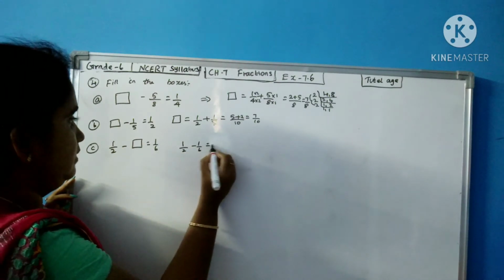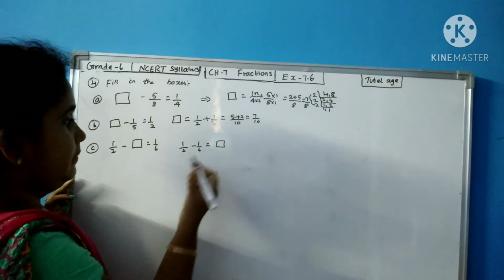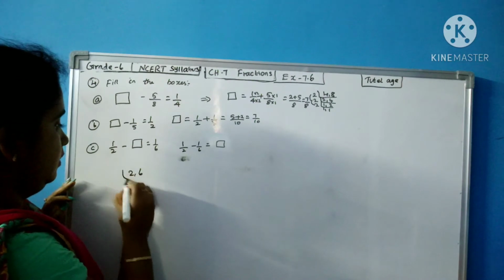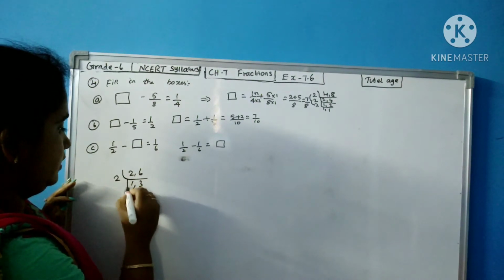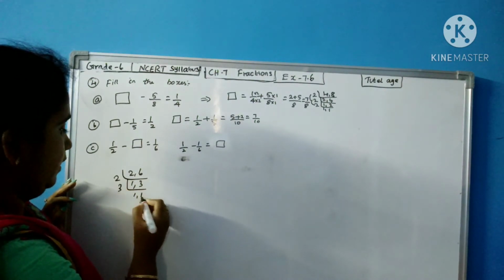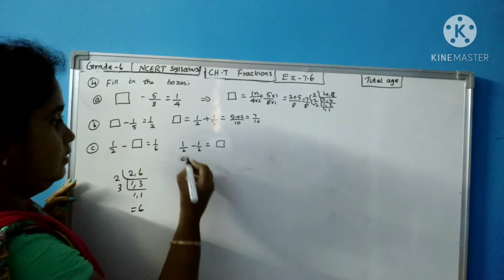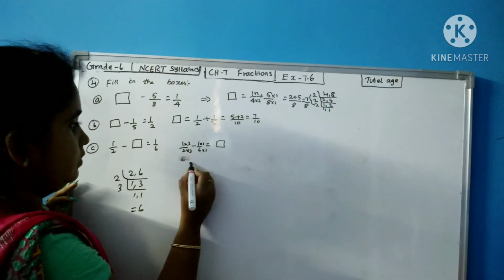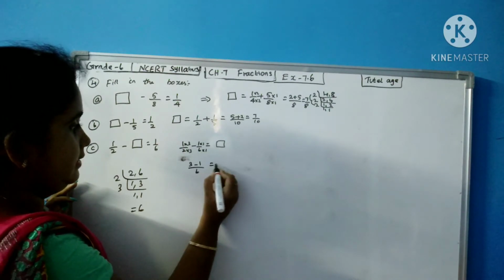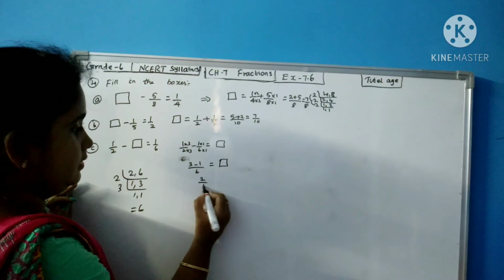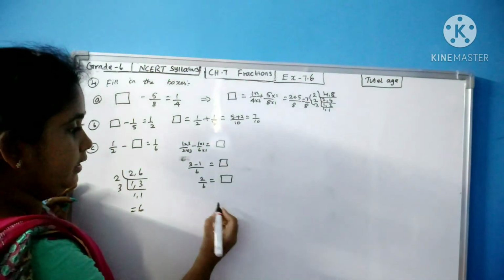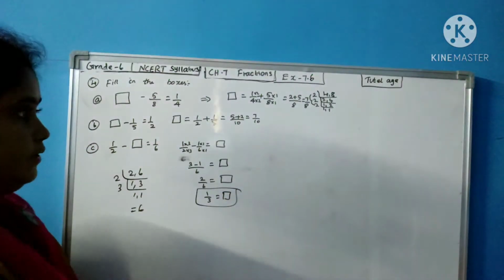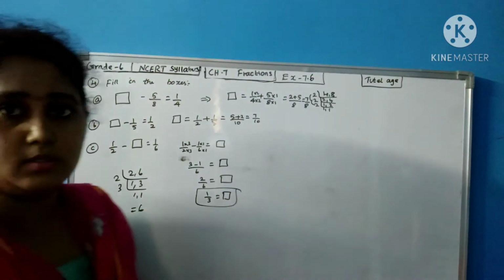Now see, keep the 1/2 here and bring the 1/6 to this side. Minus 1/6 is equal to box. Minus box going to this side means plus box. So take the LCM for 2 and 6: 2, 1 2s are 2, 3 2s are 6. Again 3, 1, 1. So your LCM is 6. 2 into 3 gives you 6. 1 into 3 here, and 1 into 1 here. So 3 minus 1 divided by 6 is equal to box. That is 2/6 is equal to box, that is 1/3 is equal to box. This is your answer. With this, the fill in the blank boxes are completed.